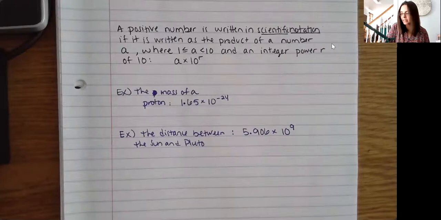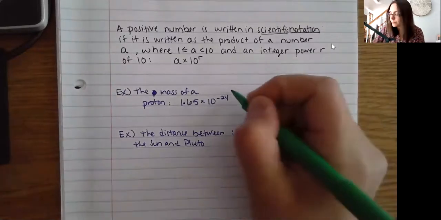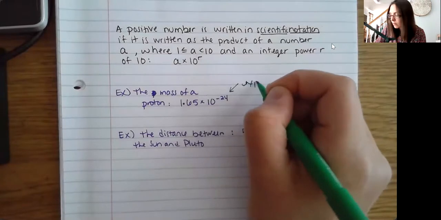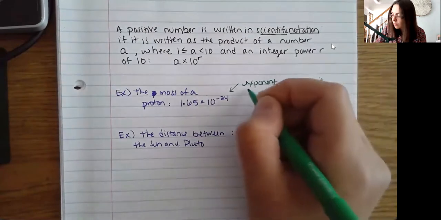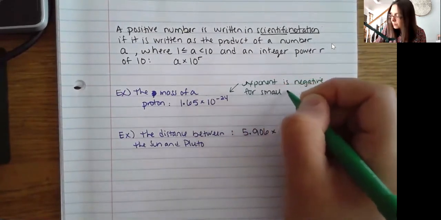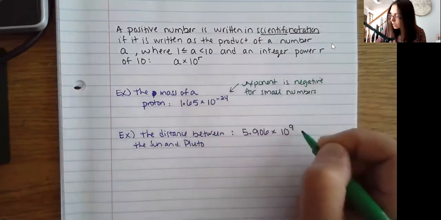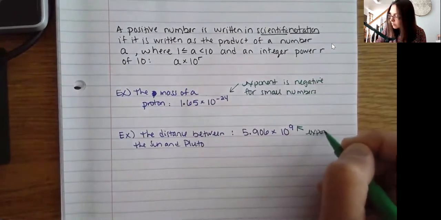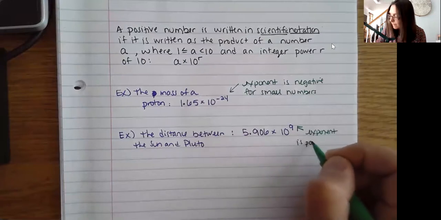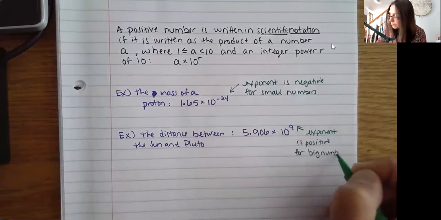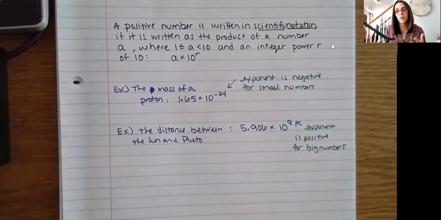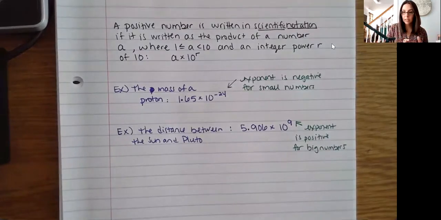So let me point out a couple things here. Okay. So your exponent is negative for small numbers, and your exponent is positive for big numbers. And we can go back and forth between the numbers written in scientific notation versus just standard form. So standard form just means a regular number. So for instance here,